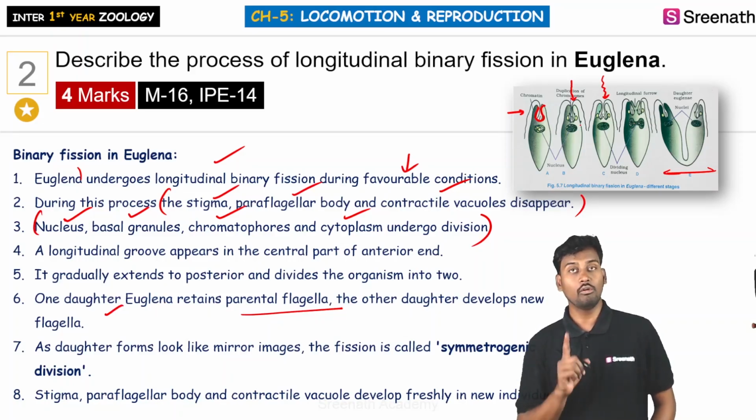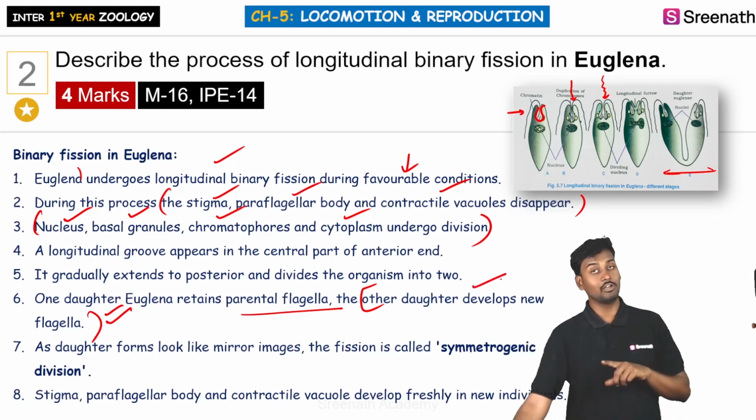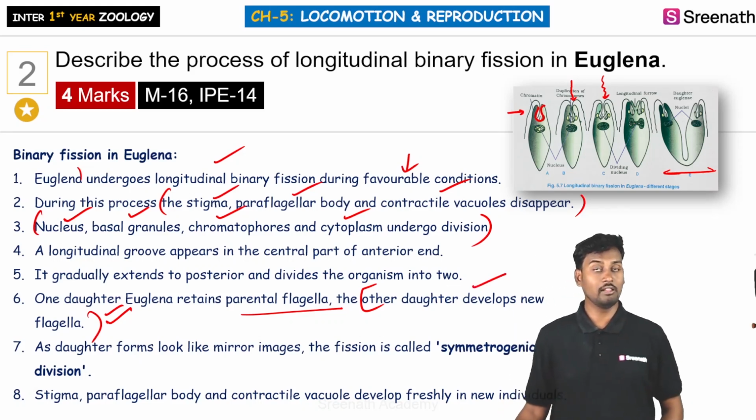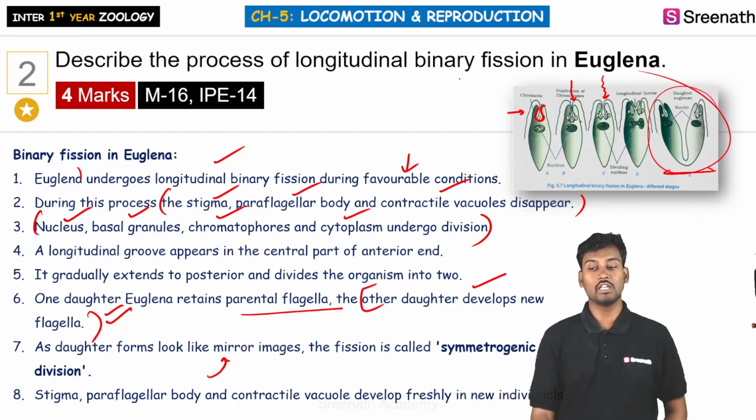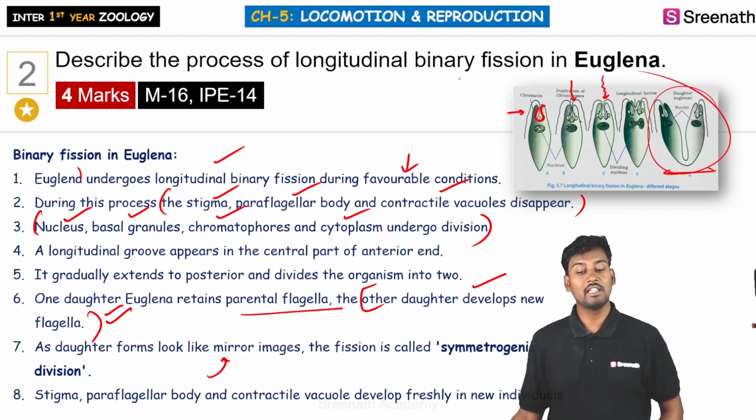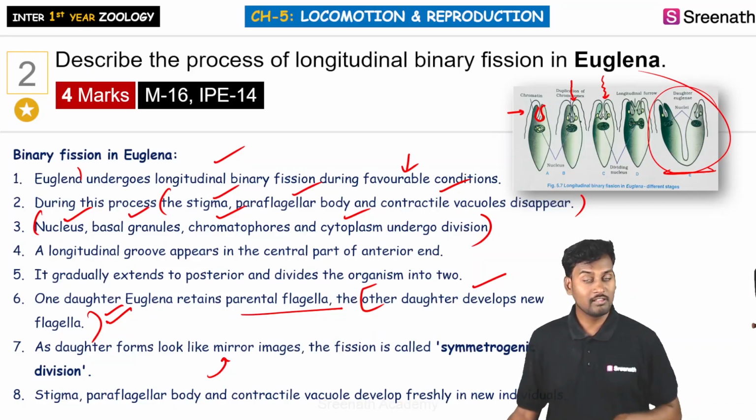సో ఏదో ఒక డాటర్ సెల్ కి మాత్రం ఒక parental flagella వస్తుంది, కానీ ఇంకో డాటర్ flagella మాత్రం it will develop a new one అన్నమాట. So a new one will be developed in the other daughter cell, whereas one of the daughter cells will retain the parental flagella. And here we can see the 2 organisms are generally observed as mirror images and this fission is called as symmetrogenic division అన్నమాట. సో symmetrogenic division అంటే ఏంటంటే, this is the division where we can see the 2 daughter cells are exactly symmetrical or mirror image of the